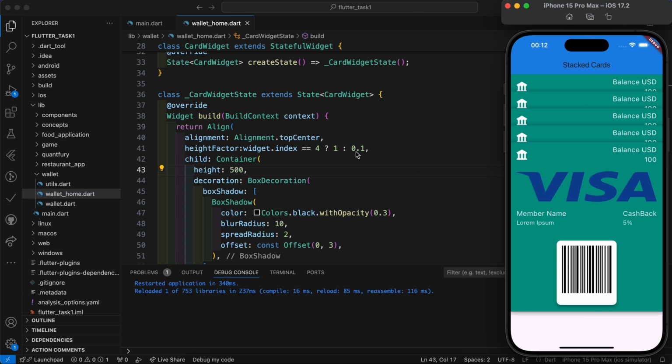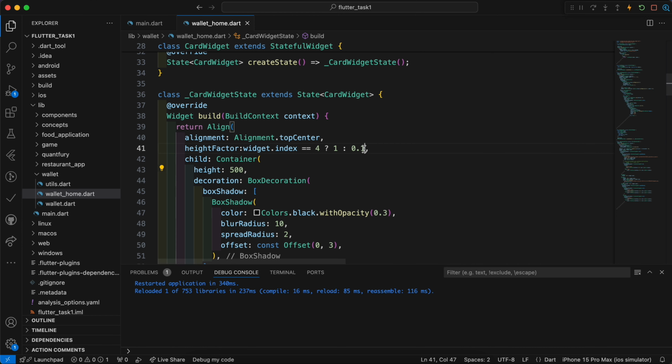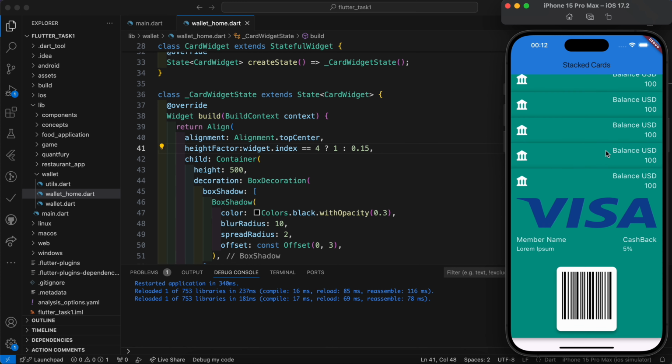But if I use 0.1, it is going to be multiplied by the 500, and in that case the height for the cards is going to be 50. Basically only 50 pixels from the card is going to be visible and anything else is going to be invisible. That's it. That's the whole point of using the height factor, and also that is giving the effect of a stack of cards, okay? And now here I would like to use 0.15, and now it is gonna give us